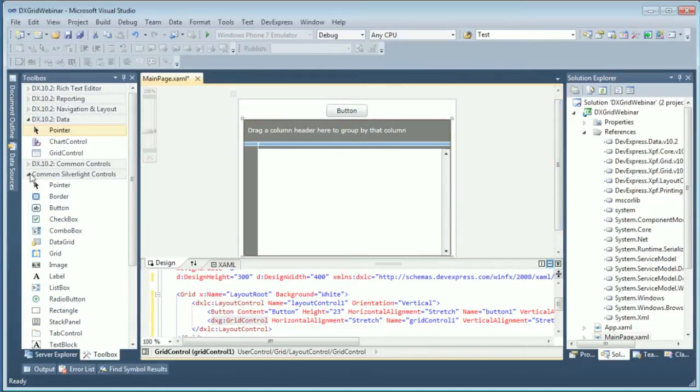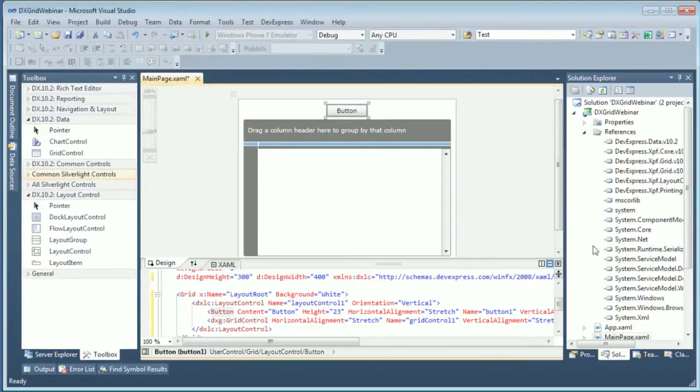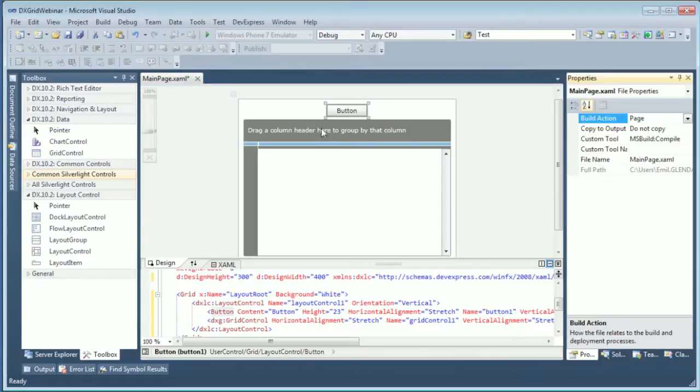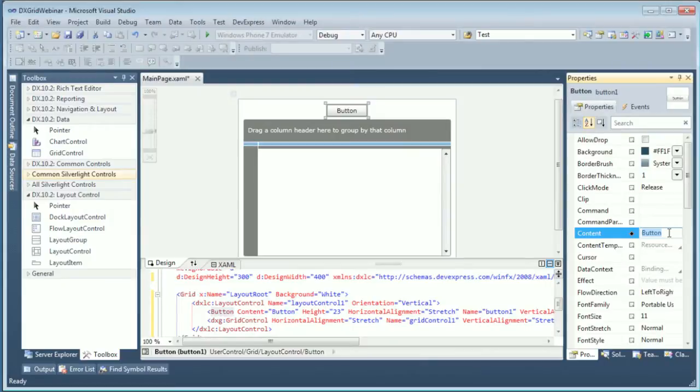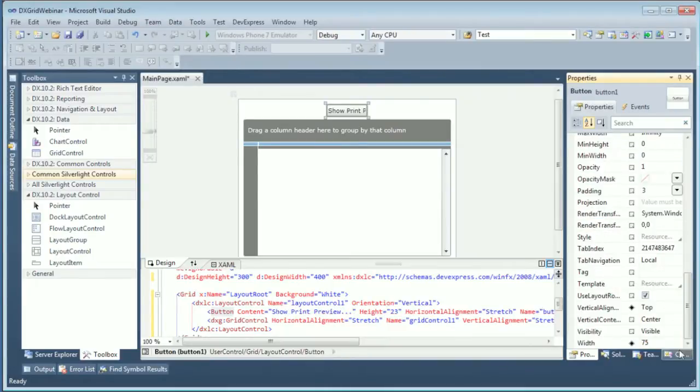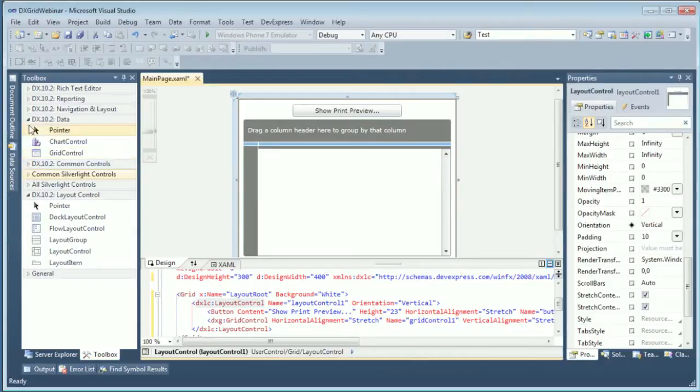Actually, you know what? Let's use a tab control instead of this. But I'll get back to that. So the button, I'll select the button and give it the appropriate caption. Say show print preview dot dot dot small. So let's size this to 200. It's fixed size, it doesn't matter. I could have it stretch, but